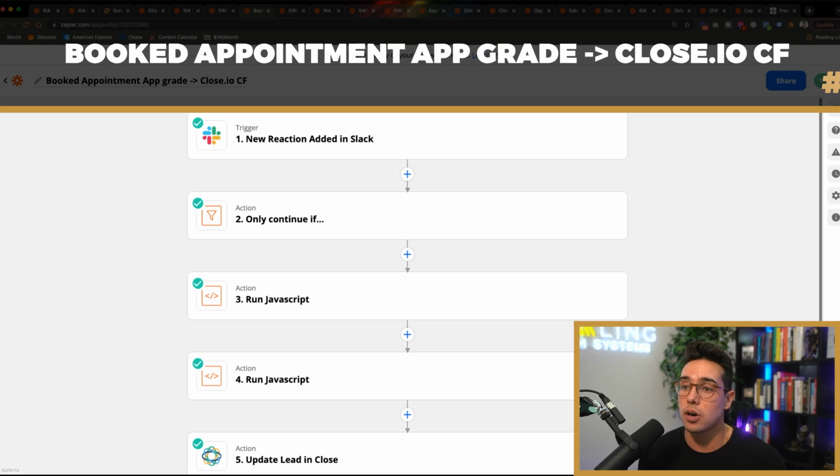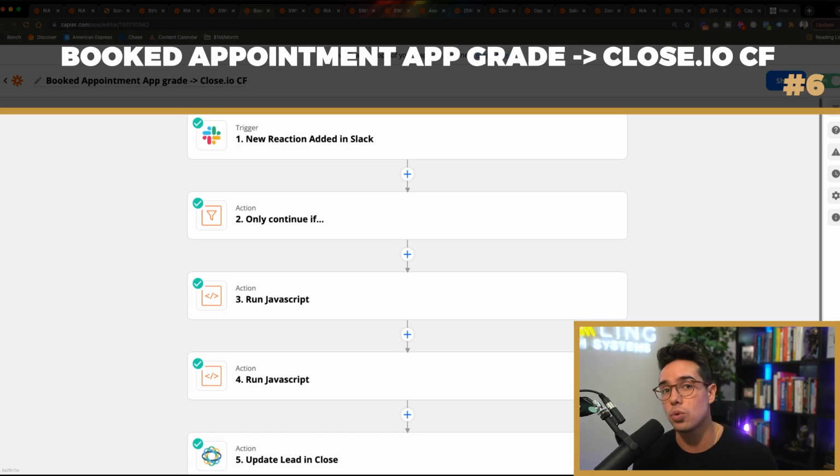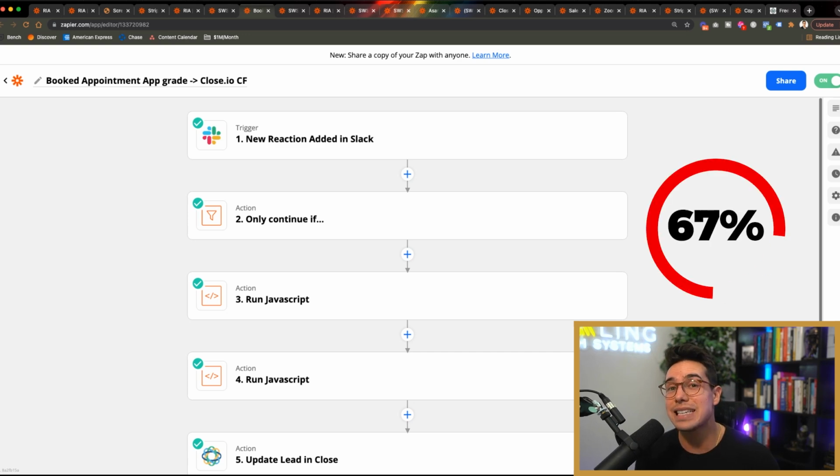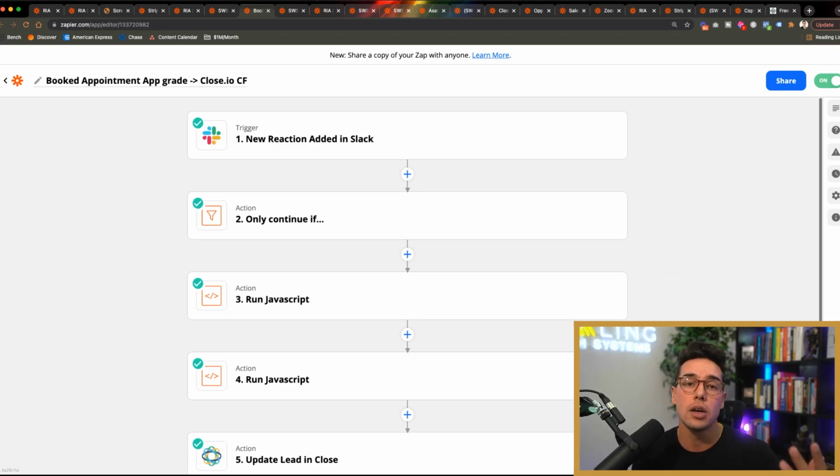Our next Zapier automation is an incredible one if you have a lot of inbound booked appointments every single month. Another mistake I see a lot of my clients doing, especially in the B2B world, is getting on the phone with every single client that gives them a ring. That's decent when you're first starting out, but over time, like for us, we curate, meaning we cancel 67% of the booked appointments in our calendar every month. 67%. Because they're either not looking to move forward soon, or they're just window shopping, or they're not the right fit, or not financially qualified, whatever the reason is, they're not able to work with us